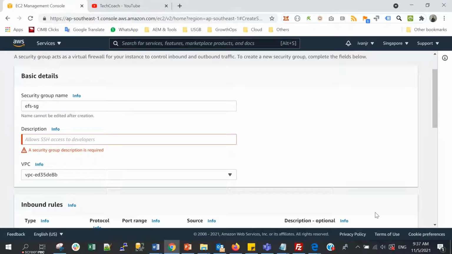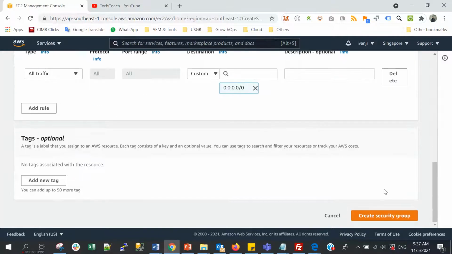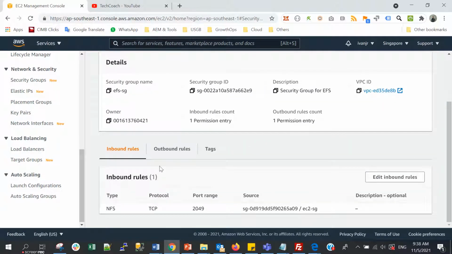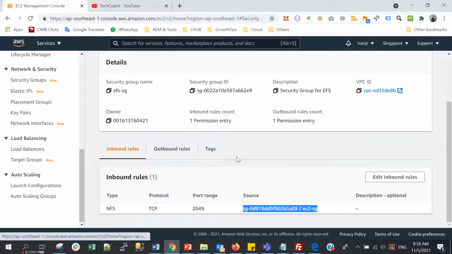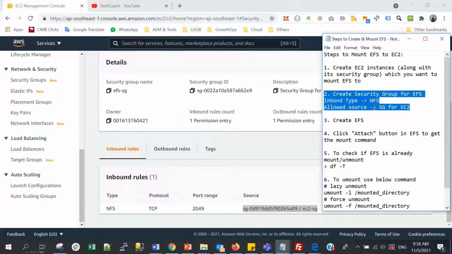And then create security group. Okay, description, we'll name it security group for EFS. Okay, my security group for EFS is already created with the inbound allowing NFS, and the allowed source is EC2. So EC2 can talk to this, can write files to this EFS. So my second step is already done.